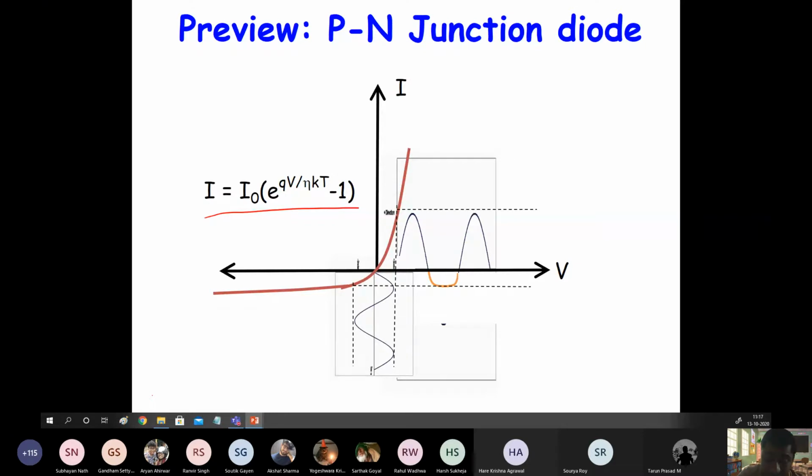So if you see the IV curve of a PN junction diode, it conducts very well. In fact, the relationship is exponential in the first quadrant, right? Or when the diode is forward biased. In reverse bias, it does not conduct so well, and the current is more or less constant with a certain very small current, and we call it reverse saturation current.